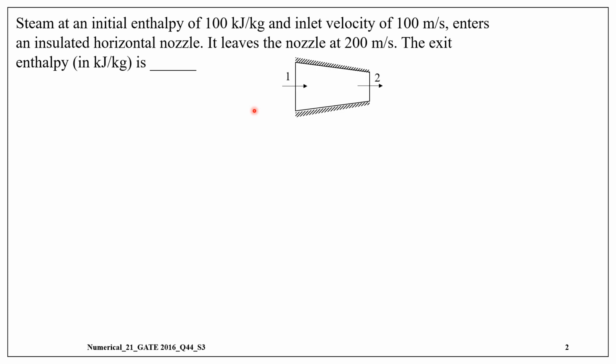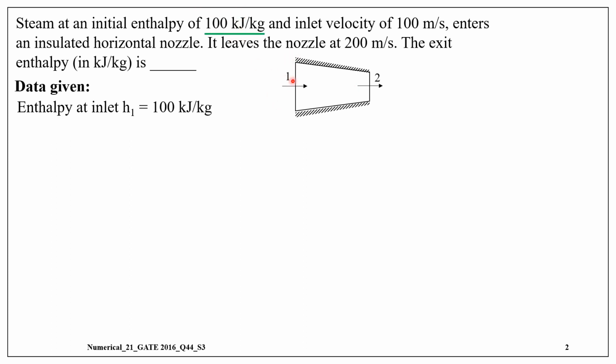The schematic is given here. So this is the nozzle. Steam enters and steam leaves. It is given the nozzle is insulated. It is a steady flow device, meaning there is no accumulation of mass inside it during the steam flow. The data given are